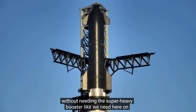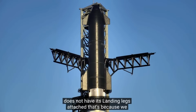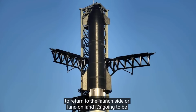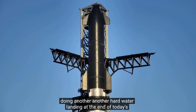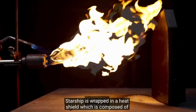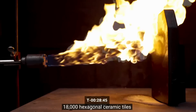Now, for today's test, Starship does not have its landing legs attached, and that's because we aren't going to be attempting to return to the launch site or land on land. It's going to be doing another hard water landing at the end of today's test. We can't wait. Starship is wrapped in a heat shield, which is composed of 18,000 hexagonal ceramic tiles designed to